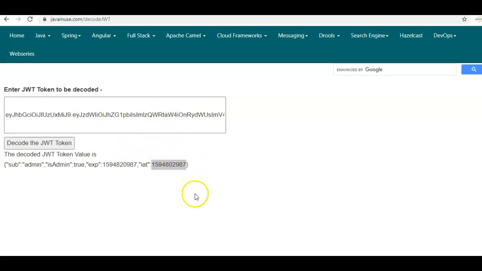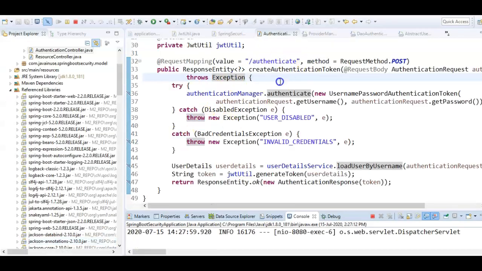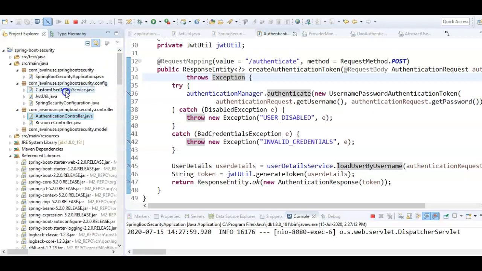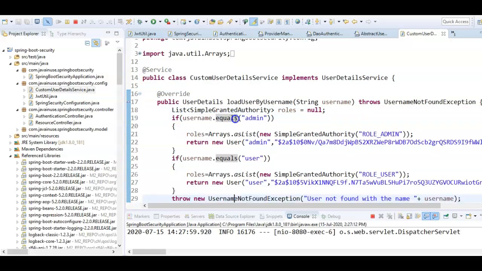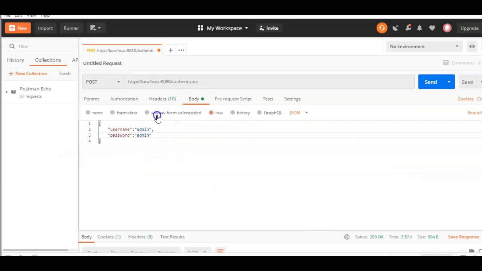Let us now have a look at the scenario when the wrong credentials are provided by the user when we make a call to create a token. So currently the user details, we are loading it from the custom user details service. So here we have provided only two users, one is admin and the other is user. The admin, he is having the admin role, and the password is also admin, which we have stored in the bcrypt format, and the user also the password is user, and the role that he is having is ROLE_USER. So go to Postman, and here suppose I type username as admin1, so no such user exists,